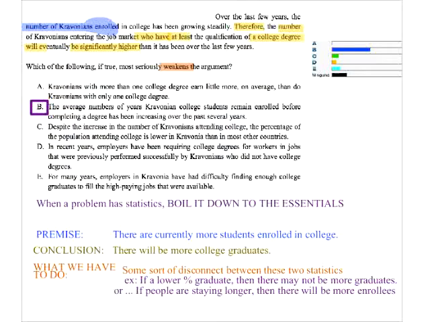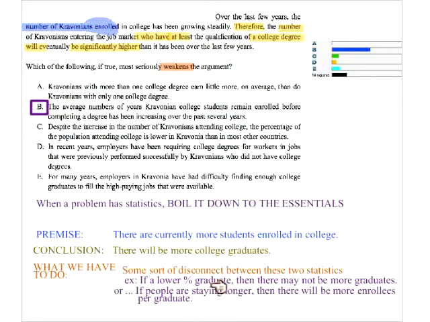For instance, if people take 4 years to finish college, then about 25% of people who are undergrads are going to be graduating that year. But if people suddenly start taking 5 years, then what that means is that only 20% of people are going to be graduating. And so you could have more people on campus and still have the same or even a smaller number of graduates if that's happening.